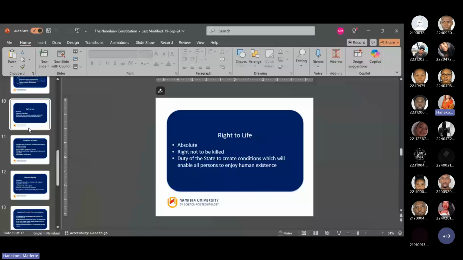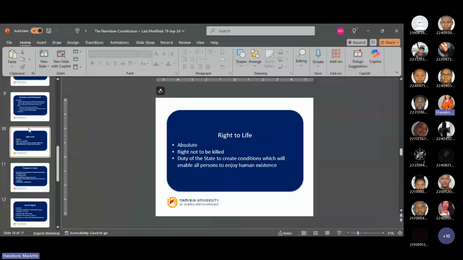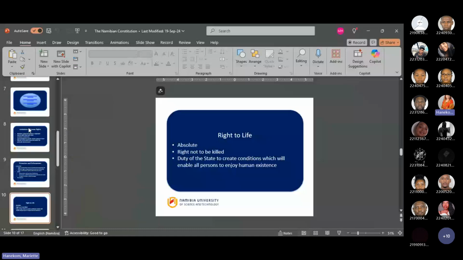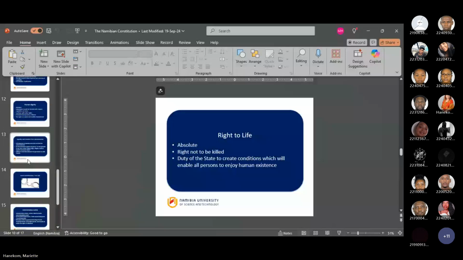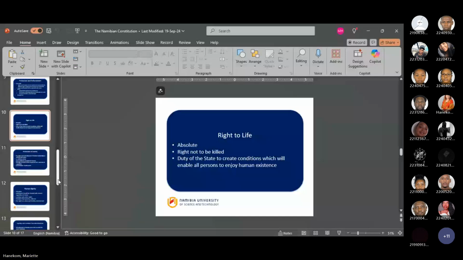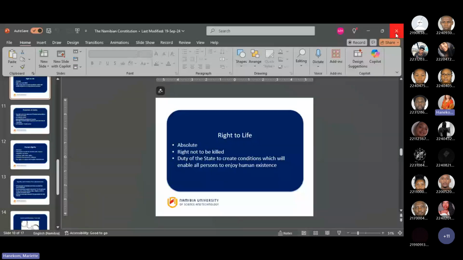Okay, the rest of the slideshow, I'm not going to go through with you. The rest of the slideshow, I discuss the individual human rights, not all of them, some relevant ones. When it gets to the exam, you will be getting a case study. Always include this as part of the exam.